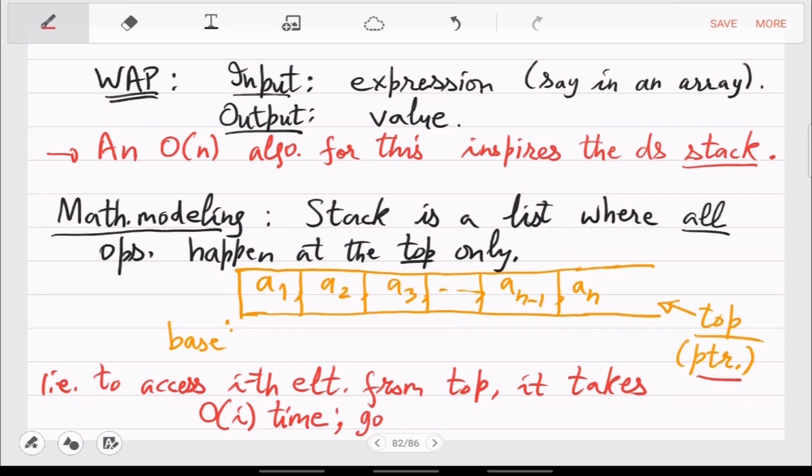And you have to go through everything before. So you will get an, then an minus 1, and then an minus i plus 1. So you will have to go through all these elements. You can think of the top as a mechanical arm. When you want the ith element, the arm cannot just jump directly. It will go 1 by 1, like a mechanical arm which has to move all the way to the ith element.